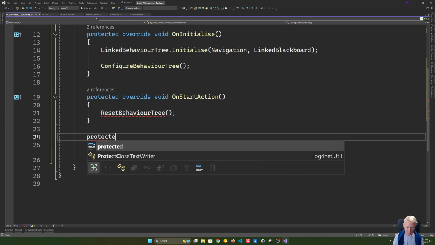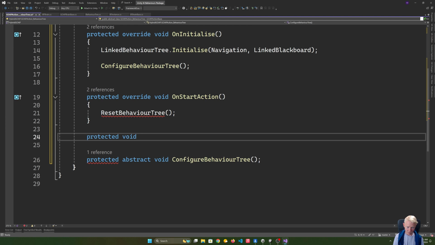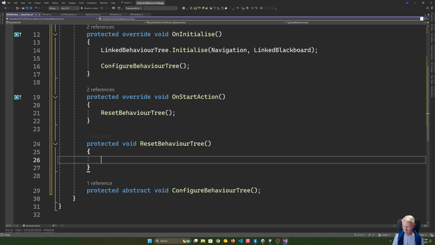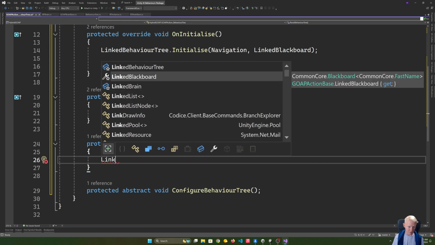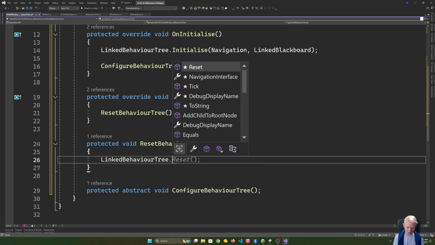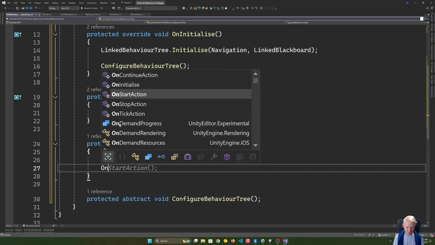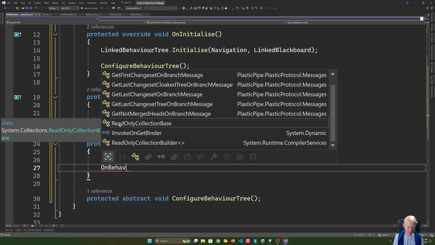So we will have a protected void, actually, well, yeah, that should be protected, void ResetBehaviorTree. And that's going to do similar stuff to what we did with the brain, where we directly reset the behavior tree,